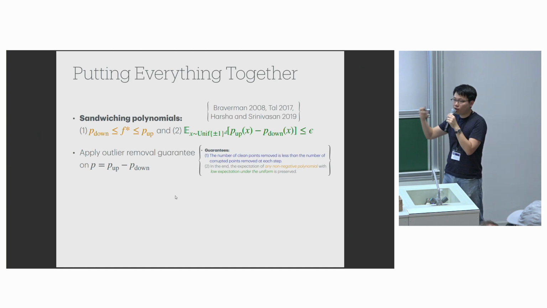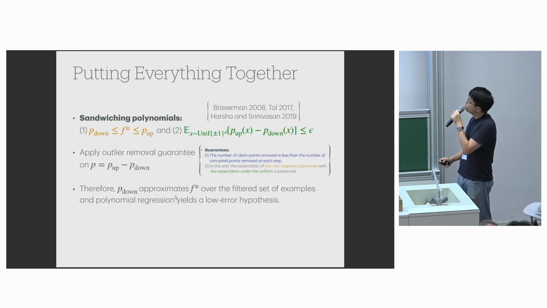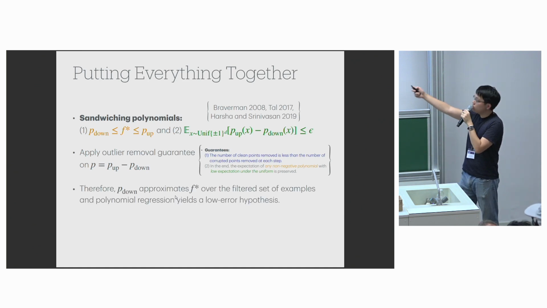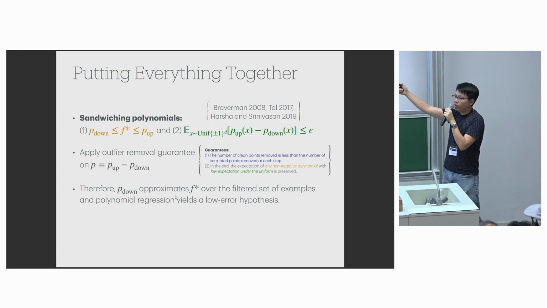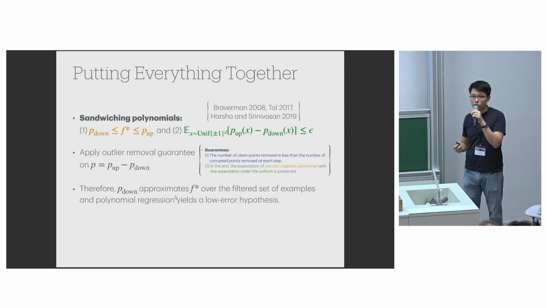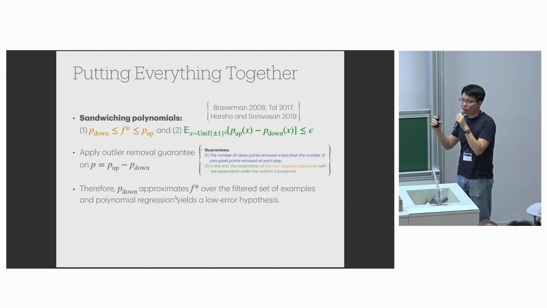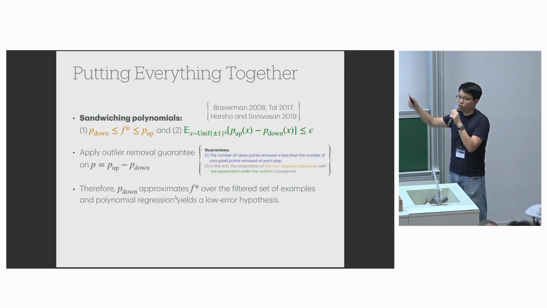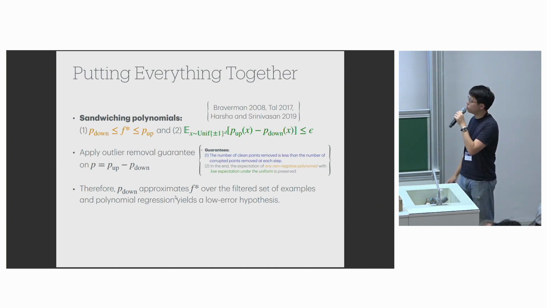Okay, so we're going to keep on applying this outlier removal procedure, and the polynomial we're going to use as a certificate is the difference between p_up and p_down. And note that this polynomial is always non-negative, right? And the point is, at the end of the day, we're going to have a data set where p_down actually does approximate f star over the samples. So this sample distribution is not going to be the uniform distribution, but nonetheless we fixed this main issue I mentioned before, where polynomials do not approximate the true function that you care about learning. So this is good enough.